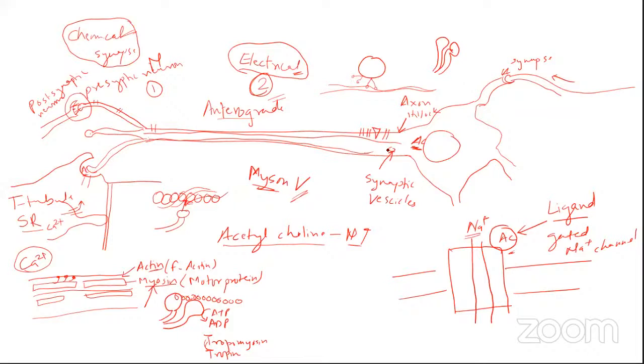Once they are filled and packaged with the neurotransmitter, this synaptic vesicle needs to move all throughout the length of the axon and get concentrated at the axon terminus. So this is the area where it needs to get concentrated. If it wants to move from this point to the end of the axon, it needs to be transported somehow, and that happens by means of the action of myosin V.